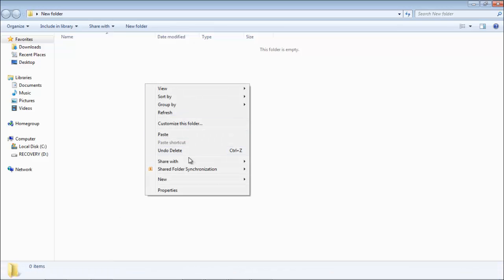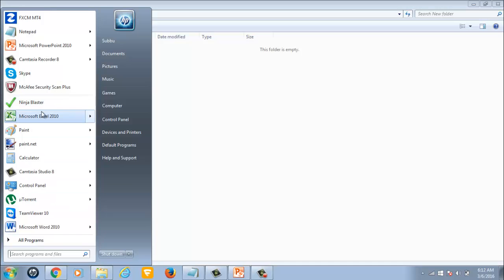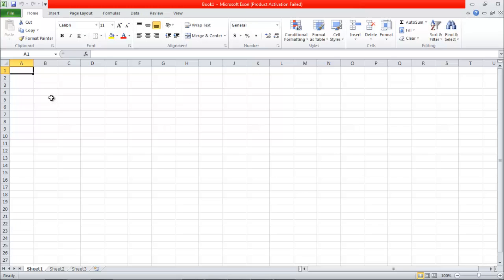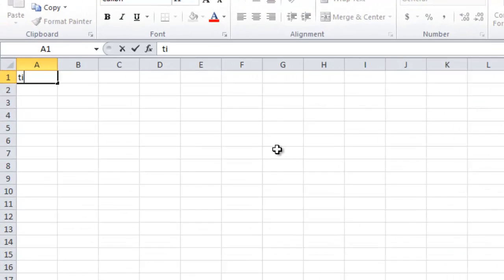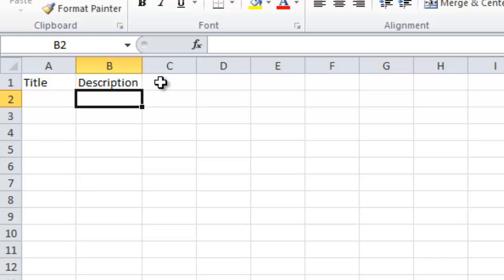I'm just going to the start button and starting Microsoft Excel. Okay, so Microsoft Excel is started. Now we need to add a few columns into this. The columns I am going to add are title, and second one is description. So this is the post title we are uploading, and the second one is description, where we will be writing the post, and the third one is